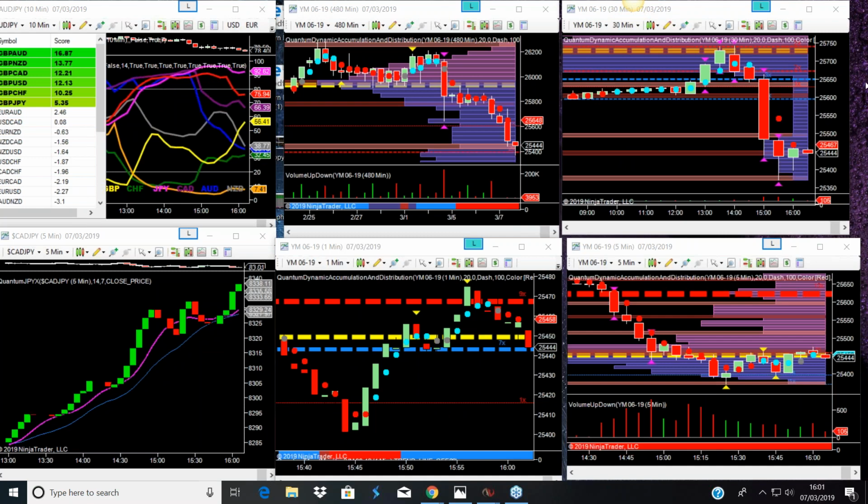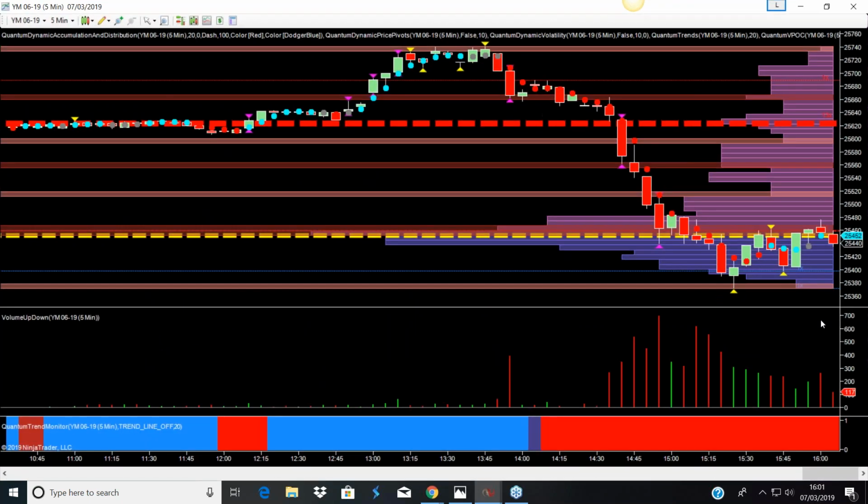Okay, I've actually got my workspace back to what I normally have, which is on the YM, and just a couple of points as well. When you have such a sharp move lower, I just want to show it on the time chart. This is actually the 5-minute chart for the YM. You've got volatility. On this one, it did come up with volatility. You've got a lot of volume coming in on the down candles. This candle here, which came down to the volume point of control, is really interesting because it triggered another volatility candle. Just to go back to this volatility candle, reasonable amount of volume underneath it.